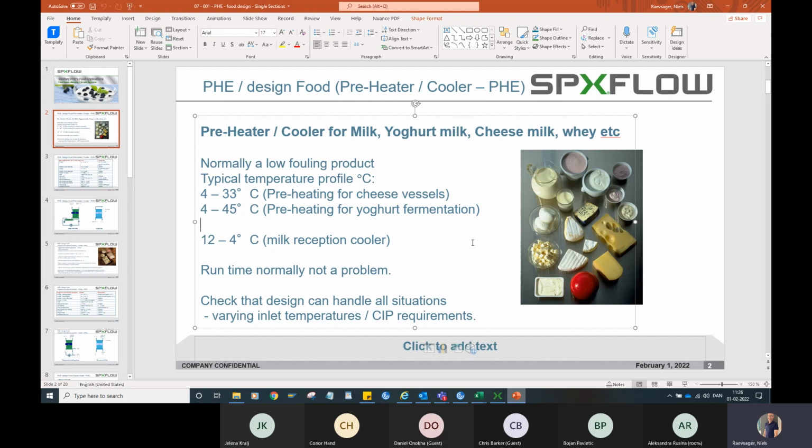Runtime is normally not a problem on these types of applications. Check that the design can handle all situations. It could be that the customer has variations in inlet temperatures, or he has some specific requirements to the CIP. So each type of application is built up with this slide here, where we list the general. Then we go a little bit more into detail on the next slide,